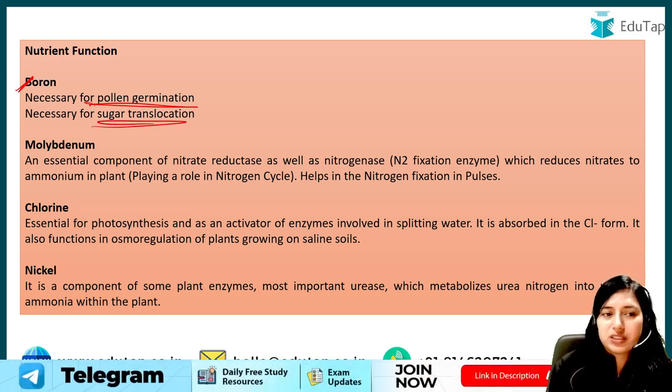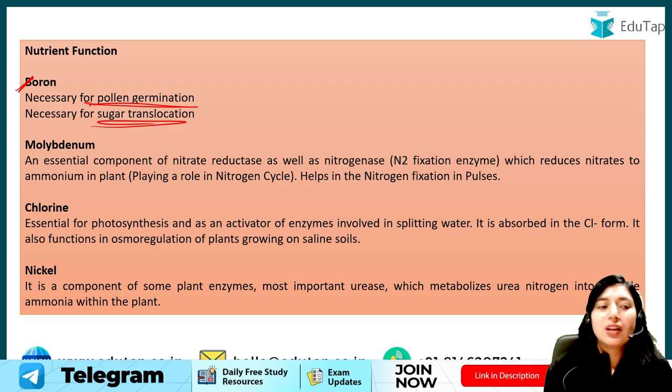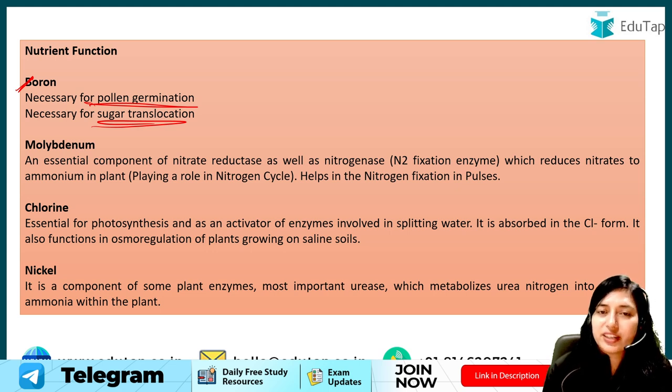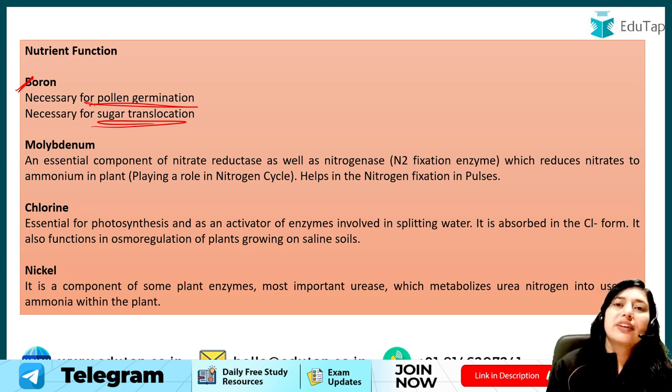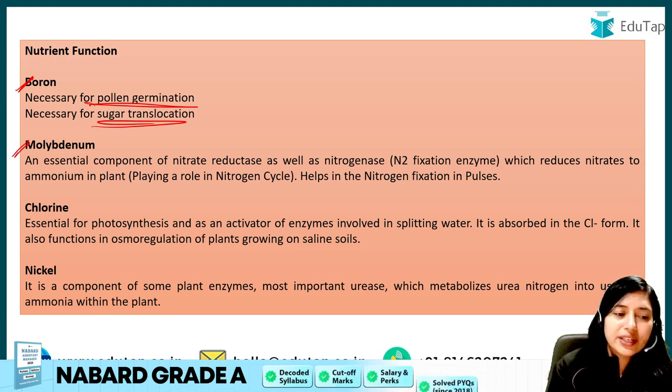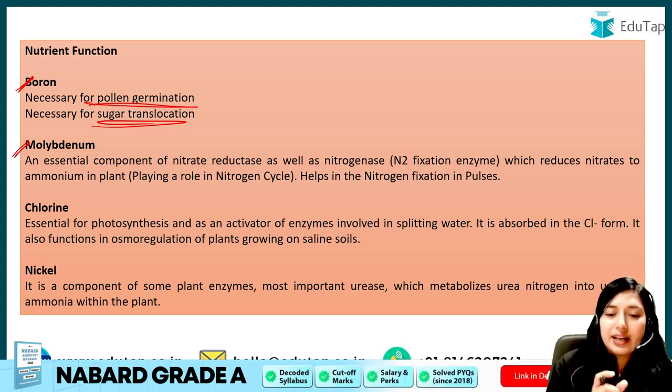Very, very important, ठीक है। आपने ये दोनों चीज याद रखनी है। जो बोरोन है प्लांट में, that is important for pollen germination, pollen के germination के लिए important है और sugar के translocation के लिए important है, ठीक है। Then we have molybdenum, again a very important nutrient because it is important in nitrogen fixation, ठीक है। So basically